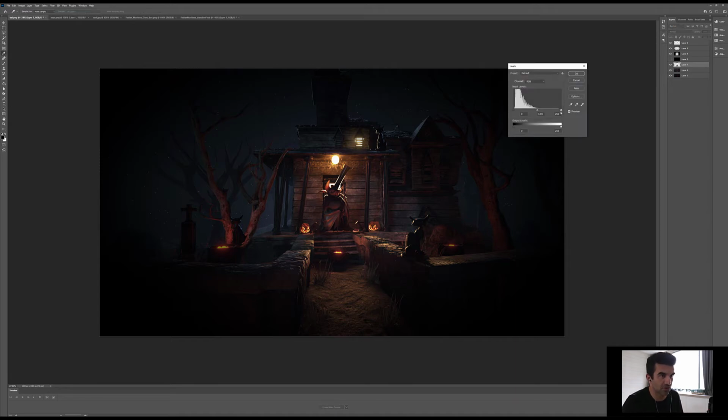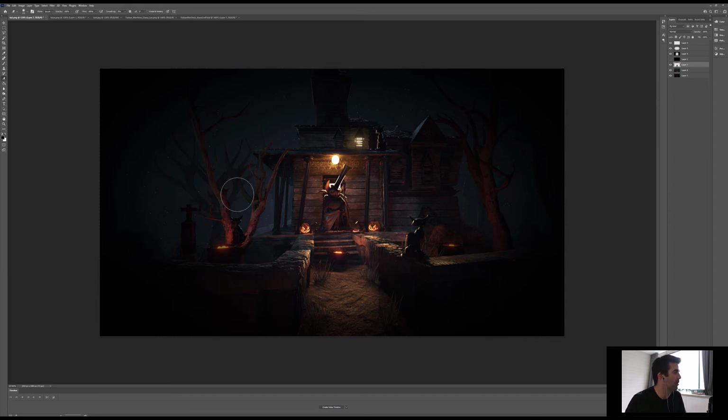It's going to be kind of tricky. It's a tough balance, right? Because we want to brighten up this pathway a little bit to lead us back, but not have that be so bright that it's distracting from the main character. So it's a matter of brightening. You basically want to reduce an image like this down so that it's getting brighter and